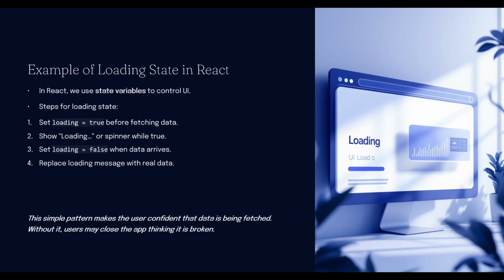Finally, we replace the loading message with the real content. This simple trick makes users feel confident that the app is working in the background. Without it, the users may assume the app is broken and close it. Coming to the next,